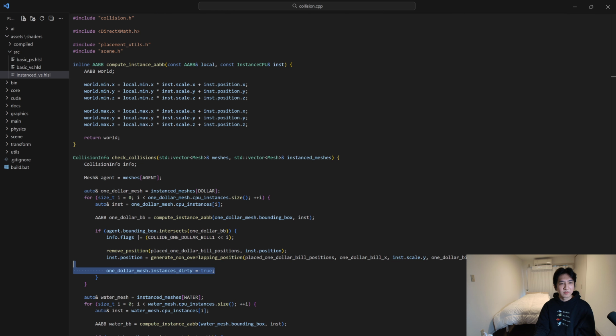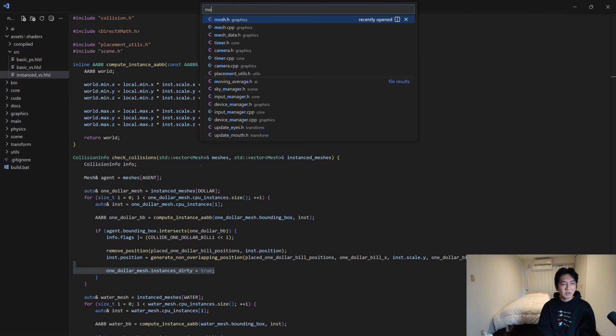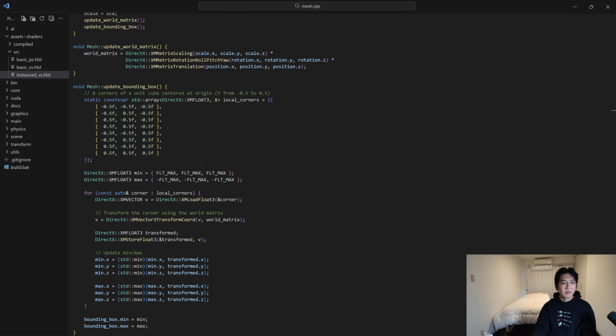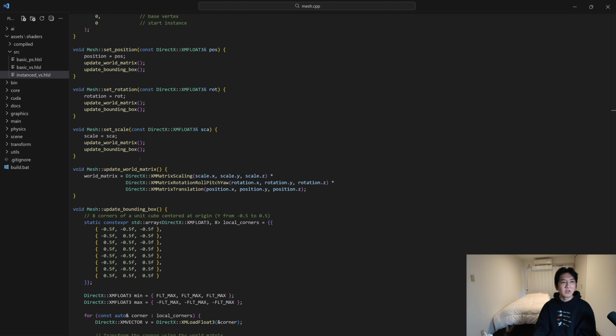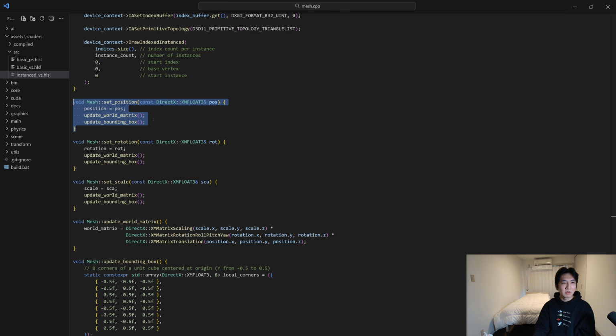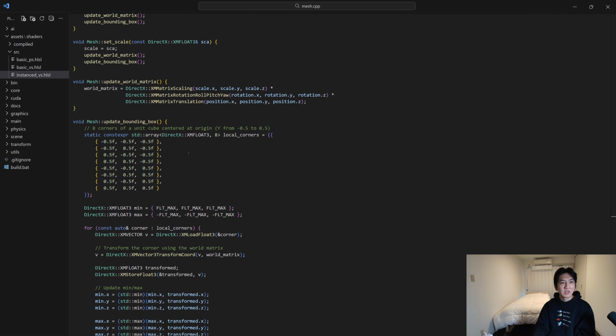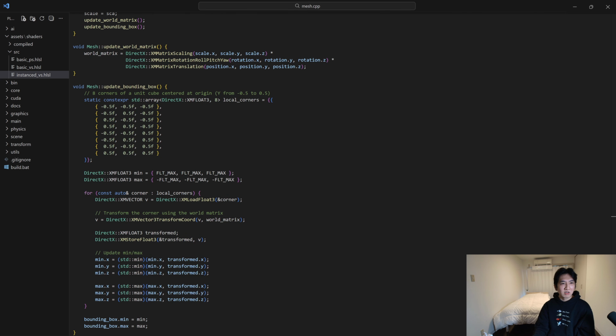So yeah, and also whenever I change position, or mostly position, whenever I set a new position, I recompute the world matrix and recompute the bounding box using this